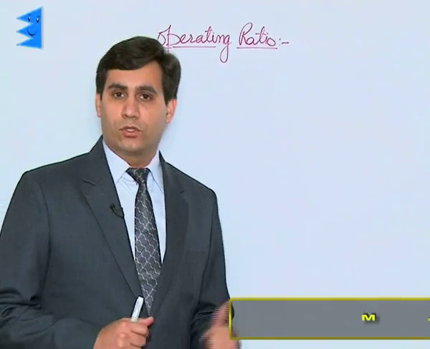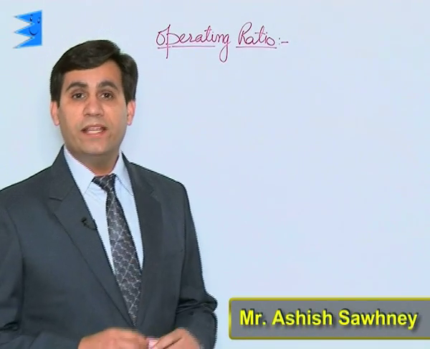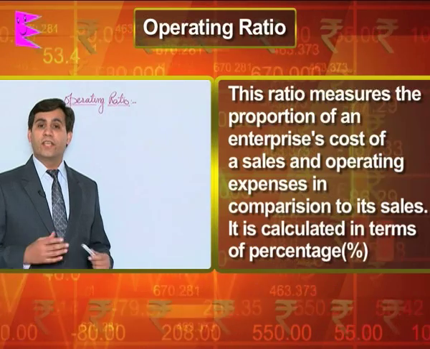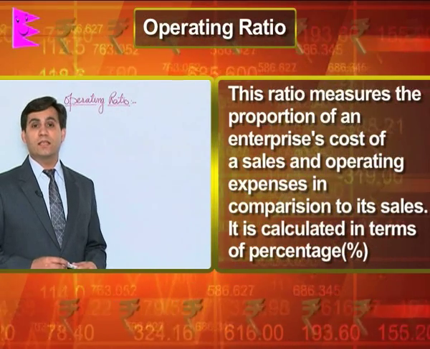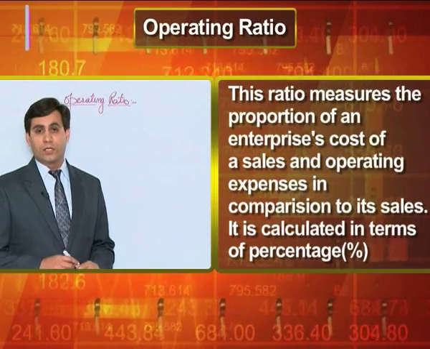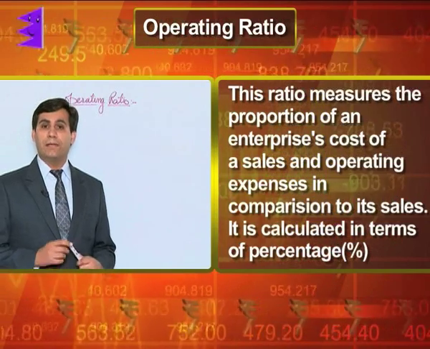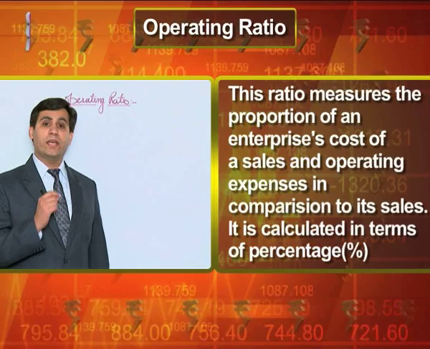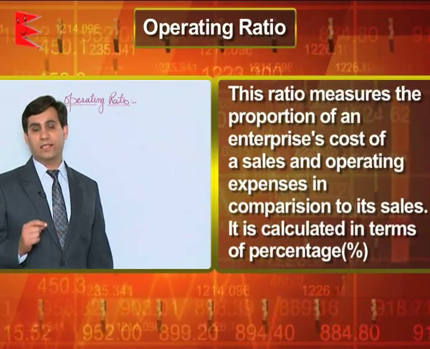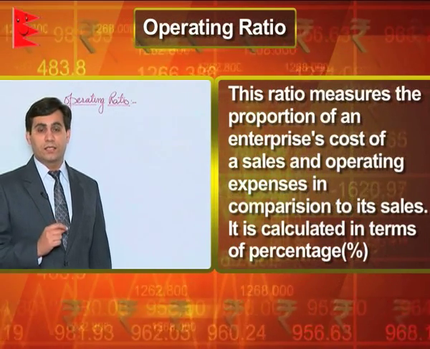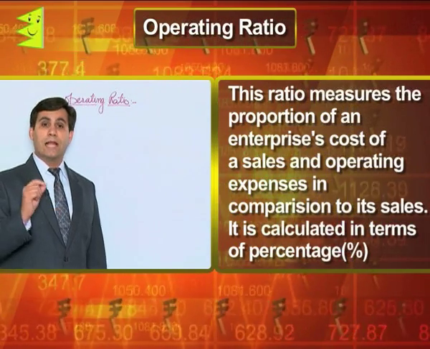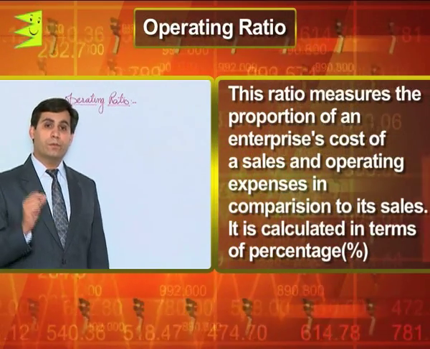Coming to operating ratio. Now students, operating ratio is an expenses ratio actually. It shows the share of operating expenses in the sales of a firm. So what does this ratio actually imply, or what does it tell us? It tells us about the share of operating expenses in the sales of the business. Now since it tells us about the share of operating expenses, that means the lower this ratio, the better it is considered